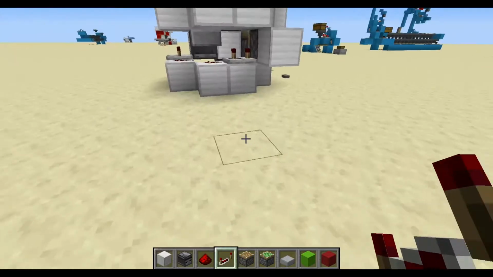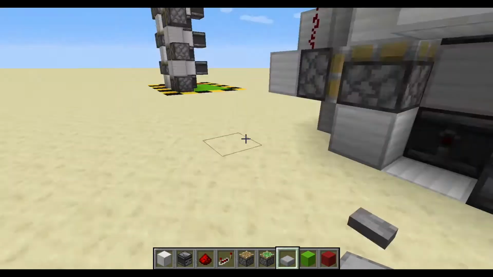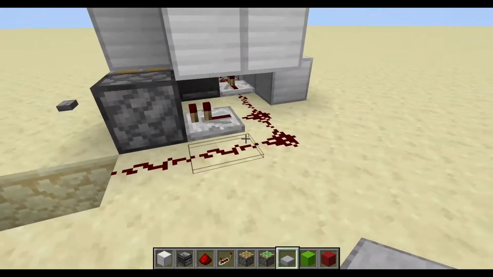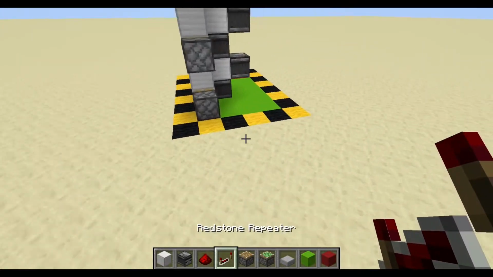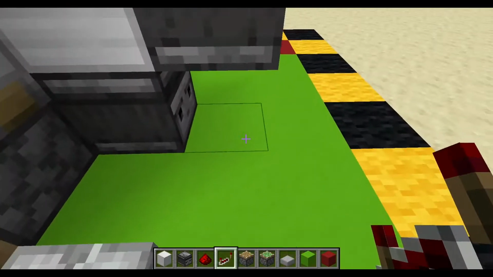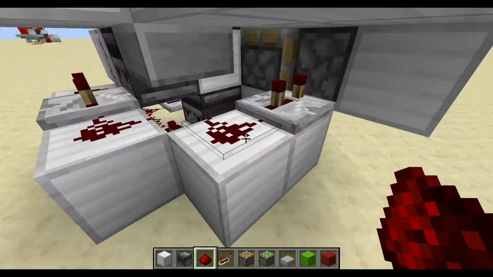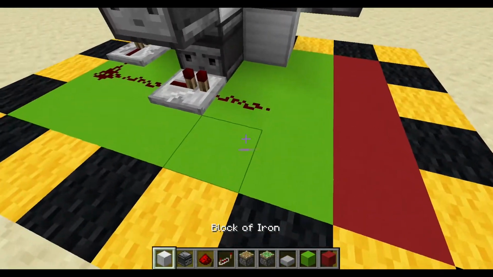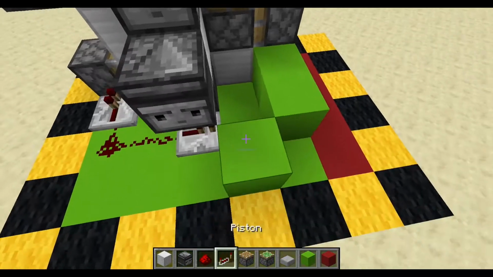So from the input, this is the only thing I don't like about it, is the input is kind of difficult to place. I have mine going around the side, because you have to start with the input in the back, but you could work with it, I guess. So you put 2 repeaters here, link them with redstone, then, forgive me, I don't have this memorized, then you're going to want to put a piece of redstone here, 2 blocks, like this,